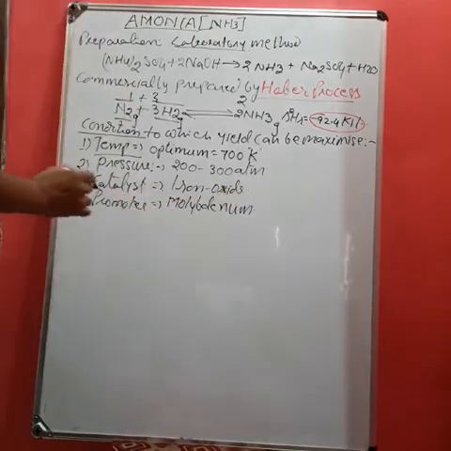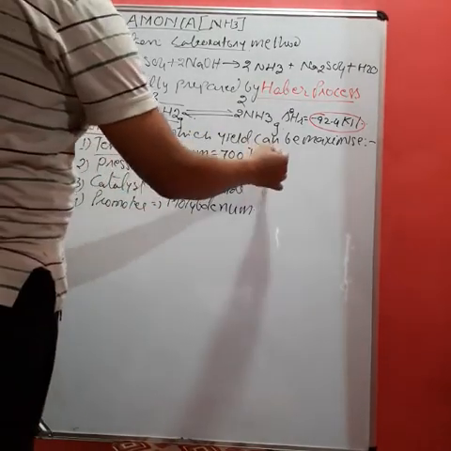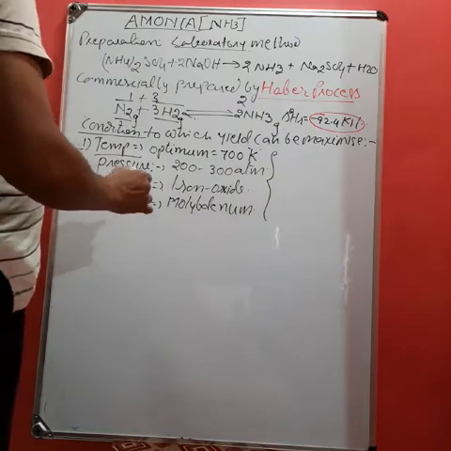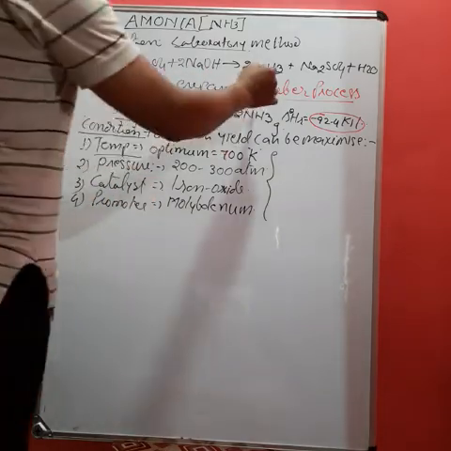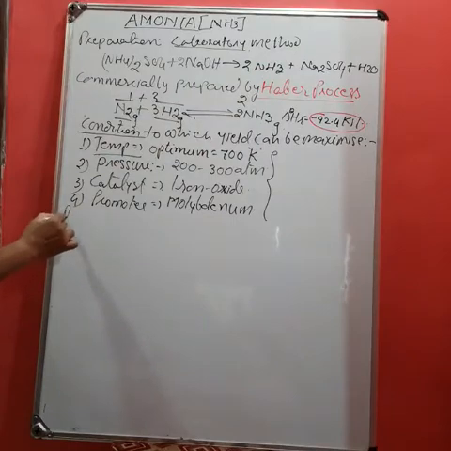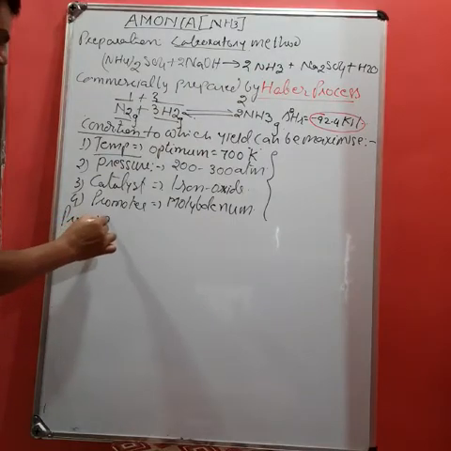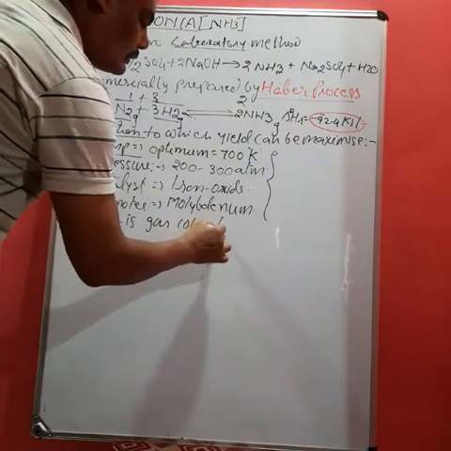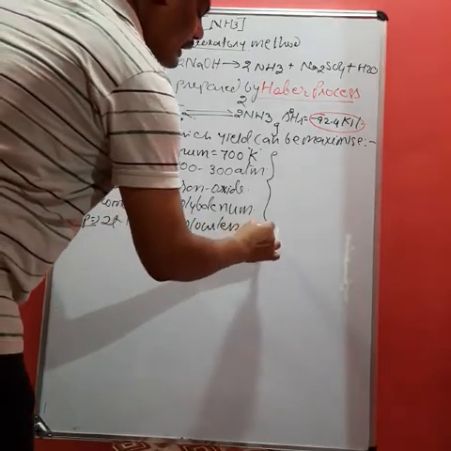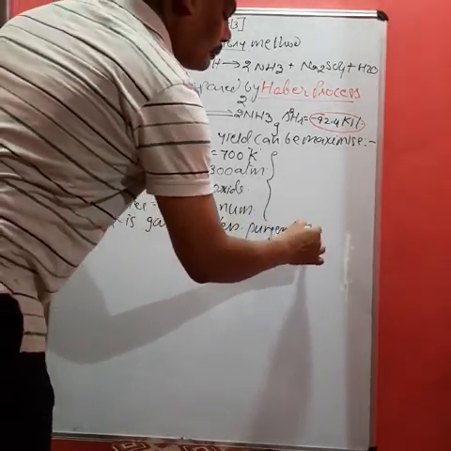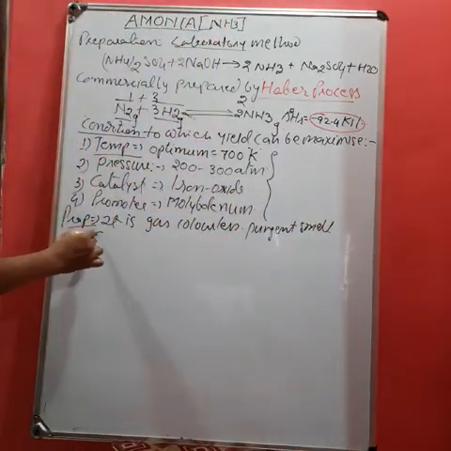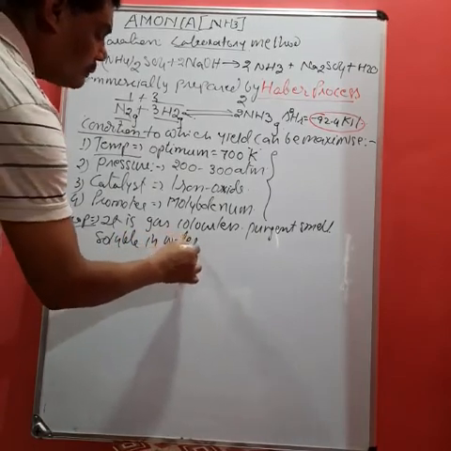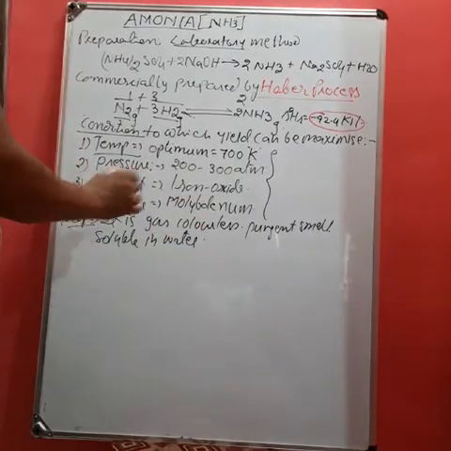So students, this is a very important reaction. Often it is asked in the exam in the form of: write the conditions under which the production of ammonia can be maximized using the Haber process. Okay, now the properties of ammonia. Okay, it is a gas. Okay, colorless, and a highly pungent smell. Soluble in water, that is, fairly soluble in water. It is because the same type of attraction force is present in this ammonia.